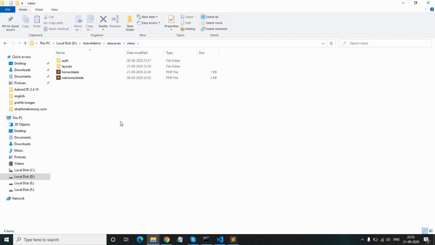Here firstly we will create an include folder. Inside the include folder you can create a header.blade file, and create one another file, sidebar.blade.